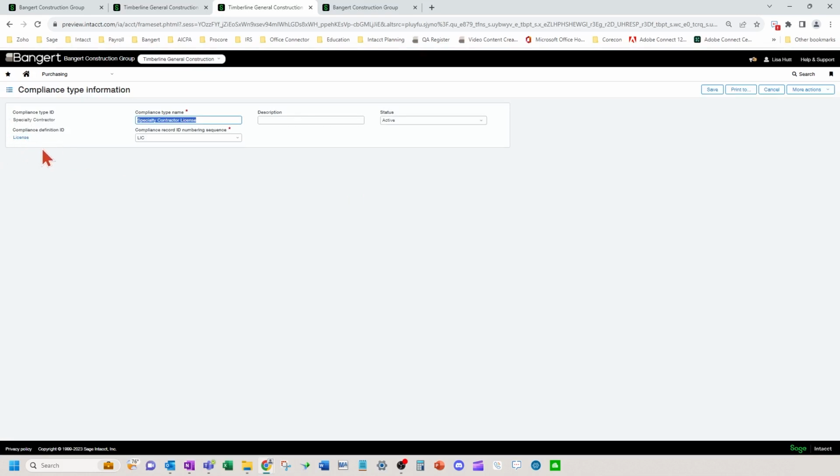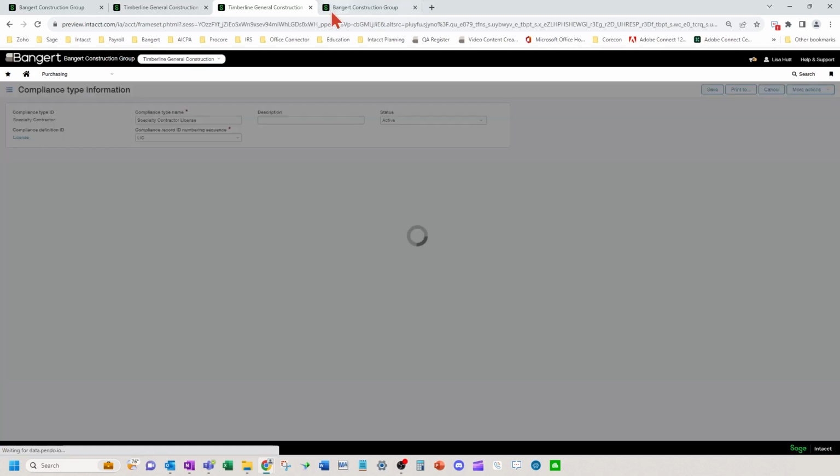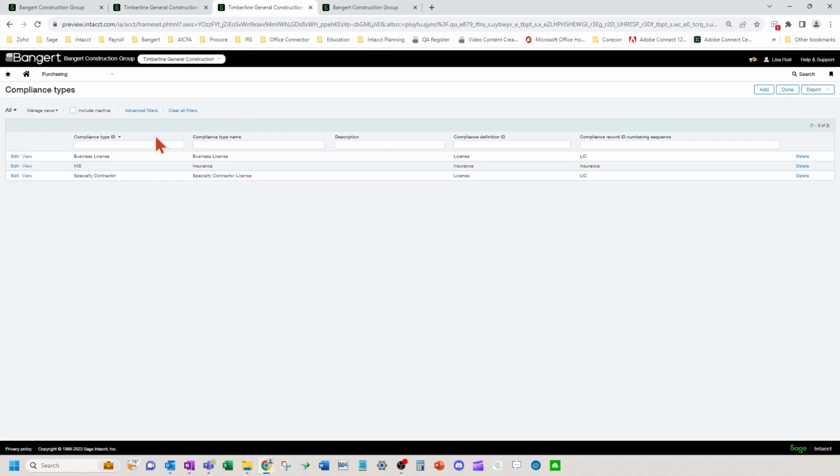So it's going to block my AP payments from happening. I'm also using the same record ID numbering sequence, okay, the LIC for license. So just wanted to point out the compliance definitions and compliance types. So you set those both up in the system before you start logging the compliance records, okay?